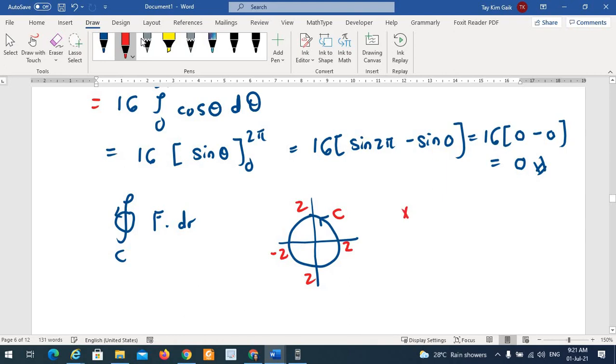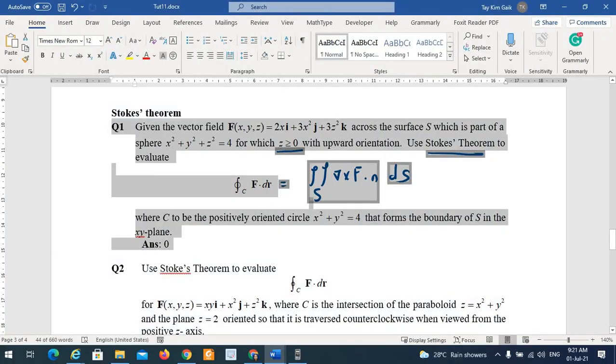Then you can use x similar to polar coordinates. x is 2 cos theta, where r is 2, only theta you change to t. And then y is 2 sin t, t from 0 until 2 pi. For an anti-clockwise circular curve, you can use an equation similar to polar coordinates, in the anti-clockwise direction. So x is 2 cos t, y is 2 sin t, t from 0 to 2 pi. So for this question, if you want to evaluate the line integral, you can get